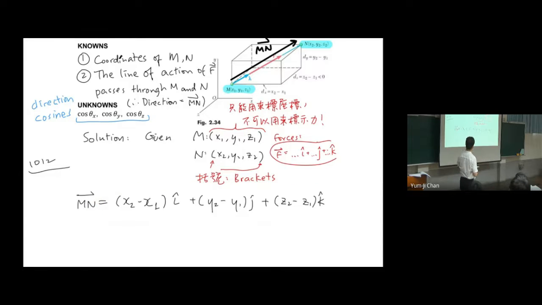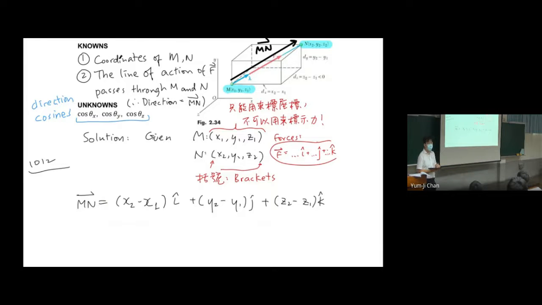We don't need the magnitude, because I don't care whether this is 1 meter or 2 meters. We only want to know the direction of this vector, because the force is in this direction. Therefore,